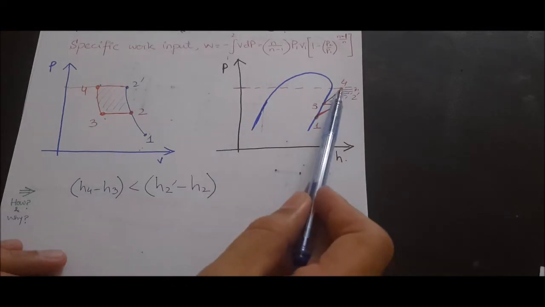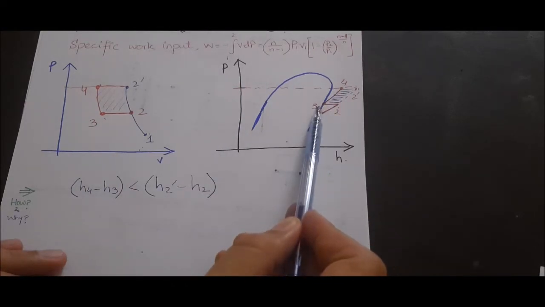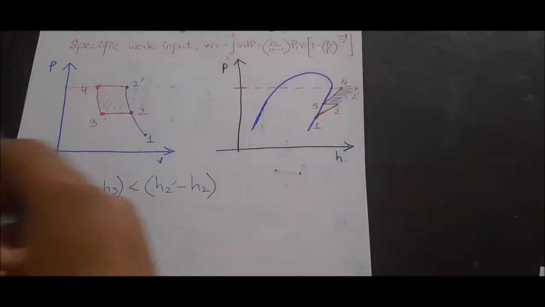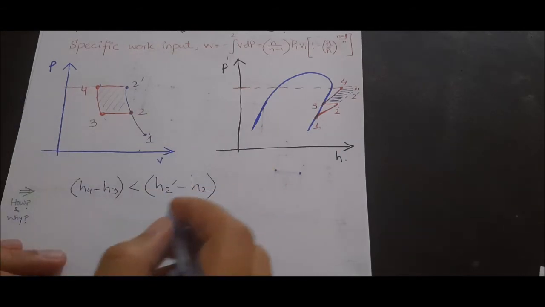So the difference of H4 and H3 would be less than the difference of 2 dash and 2, which actually suggests that